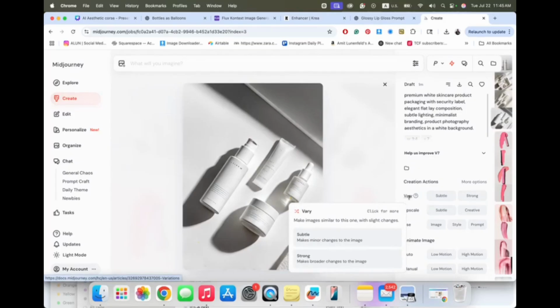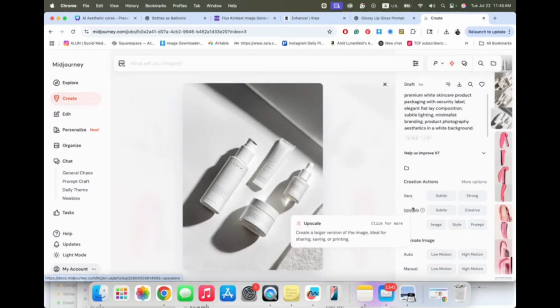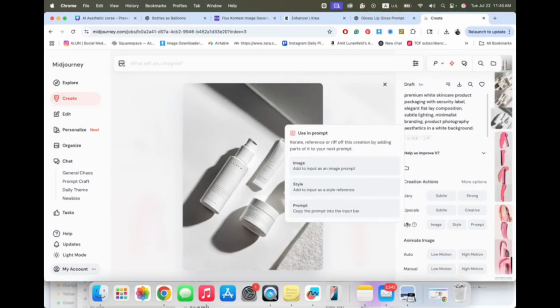So you can make a minor change to this image, or make a bigger change. Upscale: create a larger version of this image, ideal for sharing, saving, printing. You can change the image, give it more input in the bar, and recreate a new version.